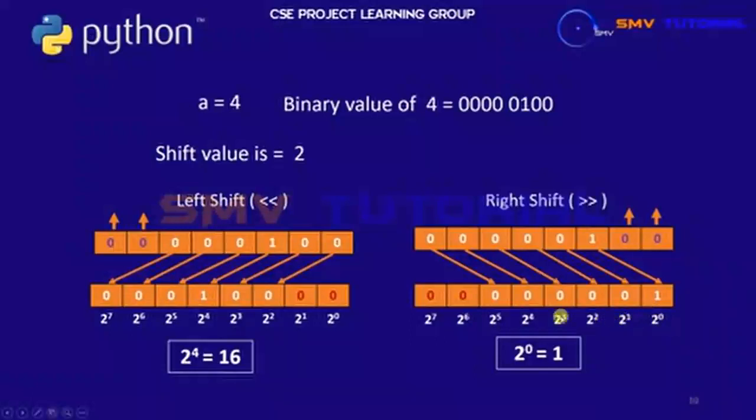And set for this condition same as left shift, 2 power of 0 till 2 power of 7. And finally check this condition, all are 0, this one value is only 1, so 2 power of 0, any value power of 0 is 1, so 2 power of 0 is 1. This session is complete. Thank you.